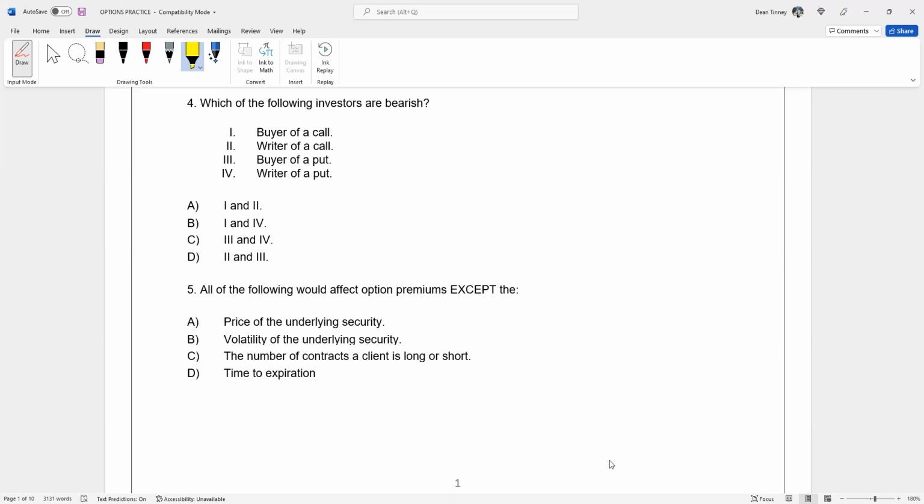If you join me for a lecture, we would go over the matrix. There are 2 types of contracts, calls and puts. You either buy them or sell them. And so that means we have 4 basic option positions. When we buy a call, we have a choice to buy the stock. I wouldn't want to buy the stock unless I thought the stock was going up. And when I write a put, I have an obligation to buy the stock. Both of those transactions